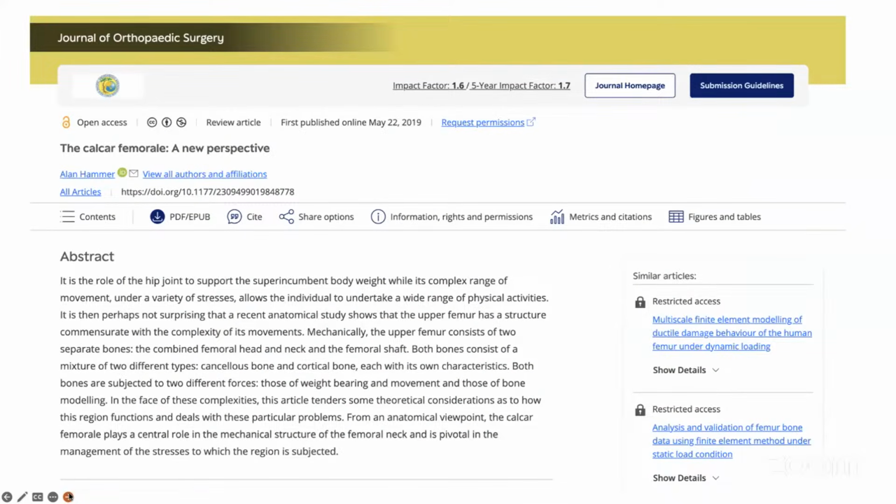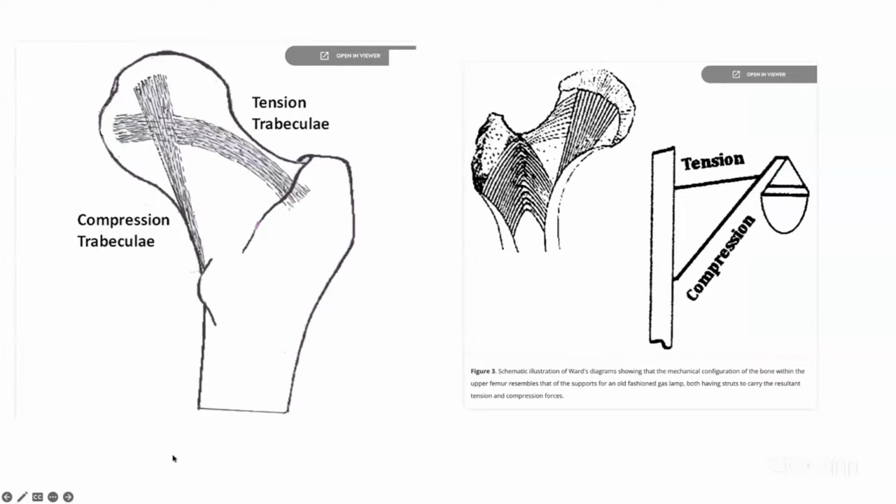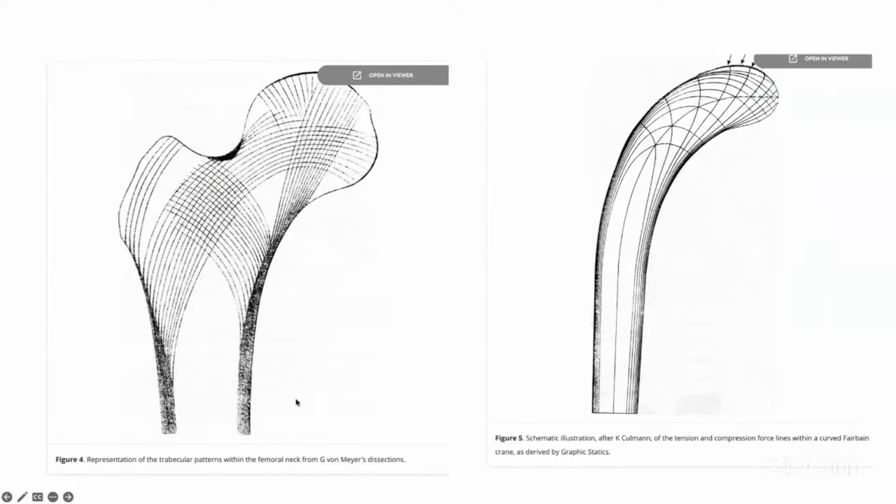Now, some concepts about the calcar femorale, a new perspective. We have a concept that there is a tension trabeculae and there is a compression trabeculae. This concept came from the systematic drawings of the Watt's diagram, where in London they used to hang a bulb with a compression device and tension device. This was simulated with the upper end of the femur. Now many people have drawn anatomical diagrams from dissections, and they have found that there are certain types of trabeculae in the upper end of the femur, and